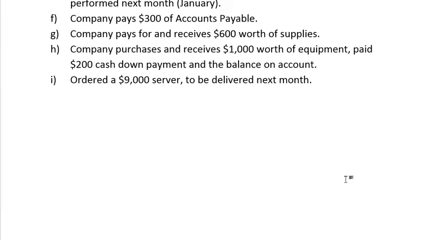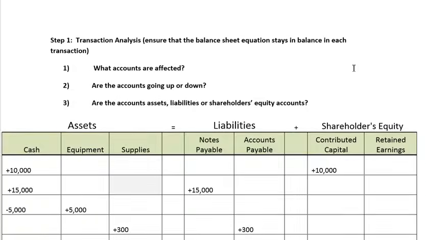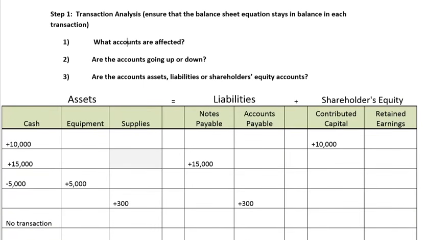The next one said the company purchased and received $1,000 worth of equipment. They paid $200 in cash, and the balance they put on account. So they're going to pay the rest of it later. So now what's affected? Note that here we're going to have 3 accounts affected. Which ones are they? Well, don't forget, you got equipment. So equipment is an account affected. You paid for it partially in cash. So cash is affected. And the next account that's affected is accounts payable because you're going to pay the difference